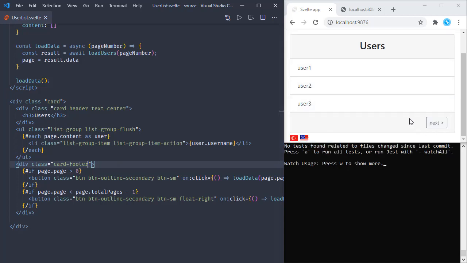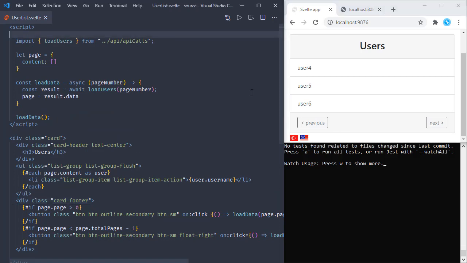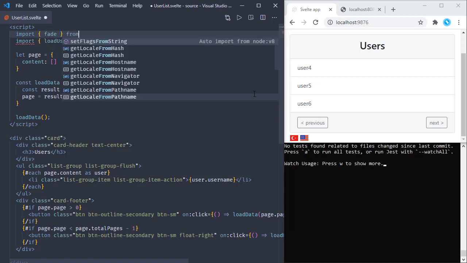We see the next on the right bottom, and when we click the next is visible, and the previous also visible. So we are able to click them and they are properly positioned. Let's add one more styling to the buttons here. Svelte is offering transitions, and since this next and previous buttons are becoming visible or invisible, we can practice that functionality right here. So first, let's import the fade function from